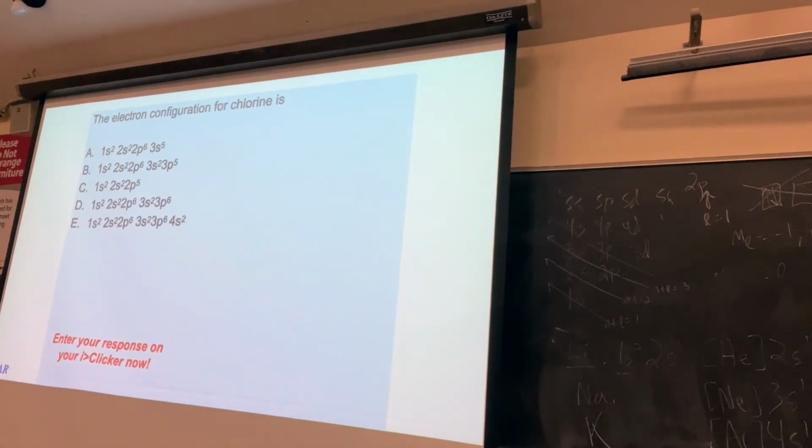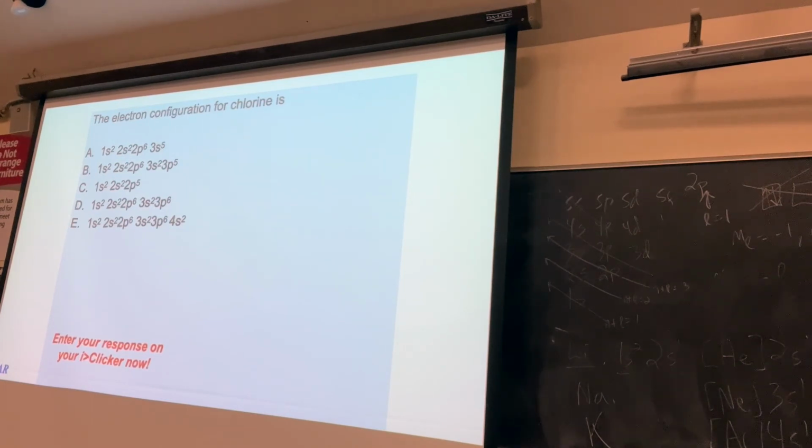So chlorine is number 17, right there on the periodic table. The question is, what's the electron configuration? Well, chlorine is right next to argon. It's not quite argon, but it's very close. Remember how getting to neon took 6 electrons? It'll take 6 p electrons to get to argon, and argon is in the 3rd period. So 3p6 would be argon. That means chlorine is going to be a